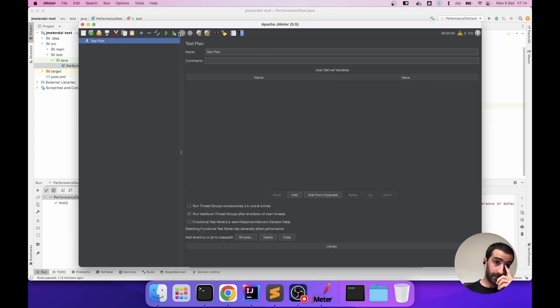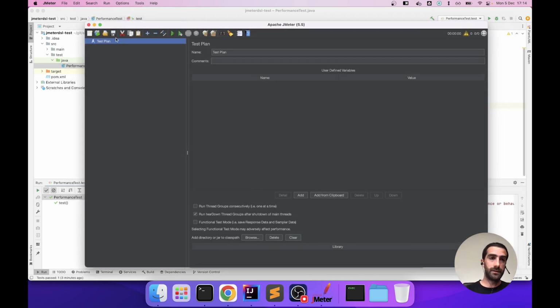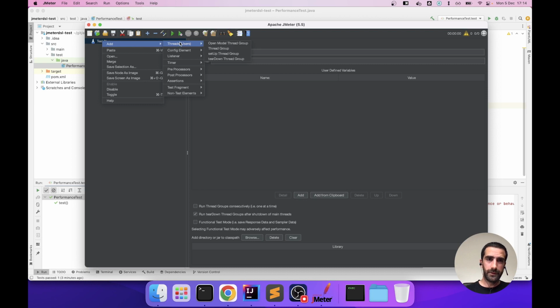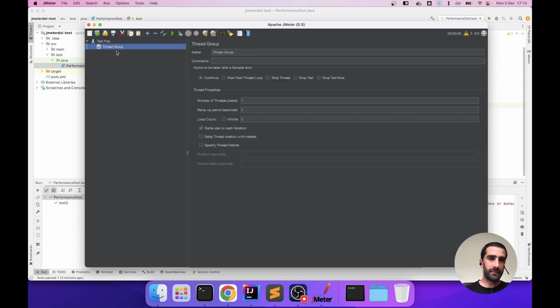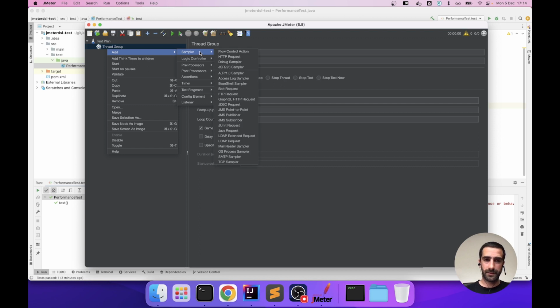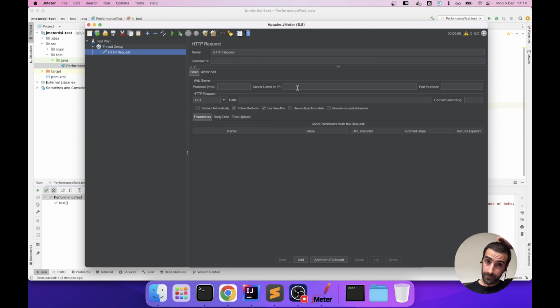I have already opened the JMeter UI here. Usually you go here, add. You have to know that thread groups are inside threads, and this is the element. You have to know which of all these elements you have to specify. I will start, and now we have to add a sampler. You have to find the HTTP sampler and know that it's a sampler here. So you get it. And now you have to specify all these things, probably